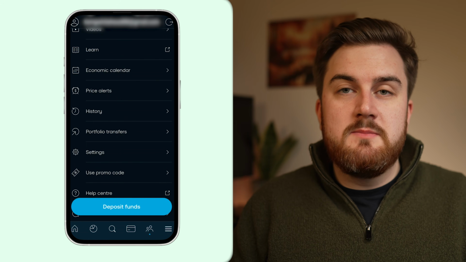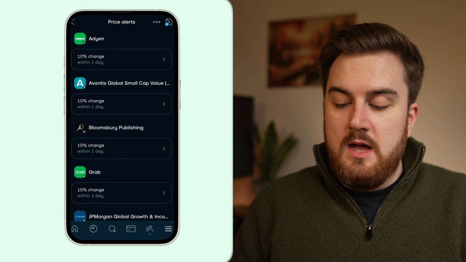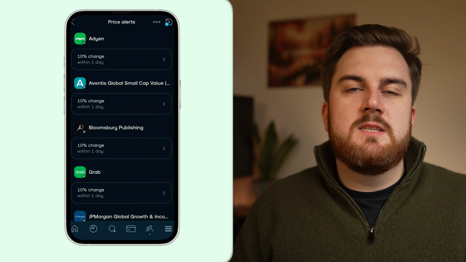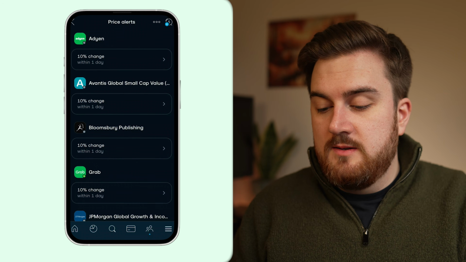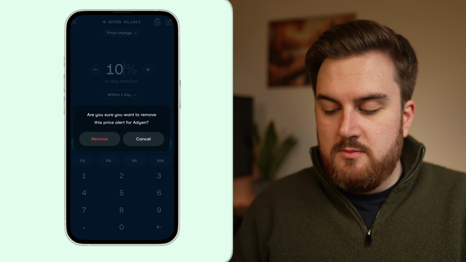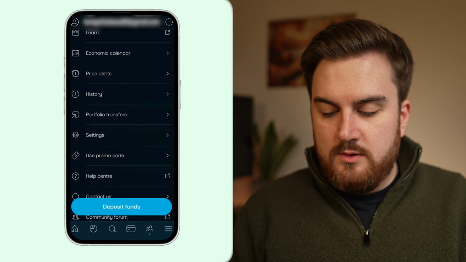And then you can see by default, it'll probably have set a price alert for every investment you hold. So I've got them on because I don't mind them, but say for example, I just don't want to hear these, especially if I'm an ETF investor for the long term. Perhaps I don't want price alerts. I can just click on it and then click the bin button up there to remove it. And you can remove all the price alerts. And you can also go to your settings,